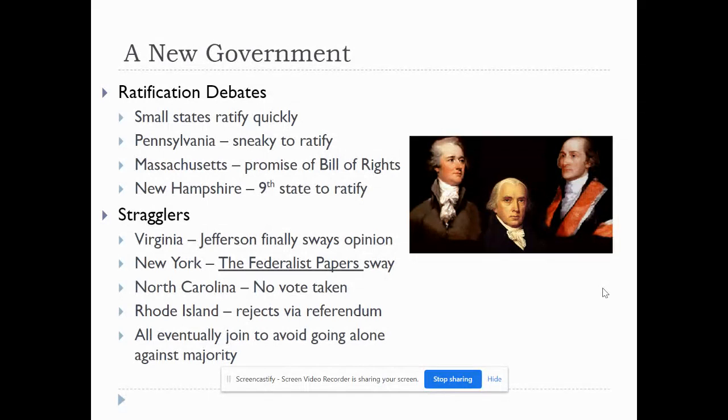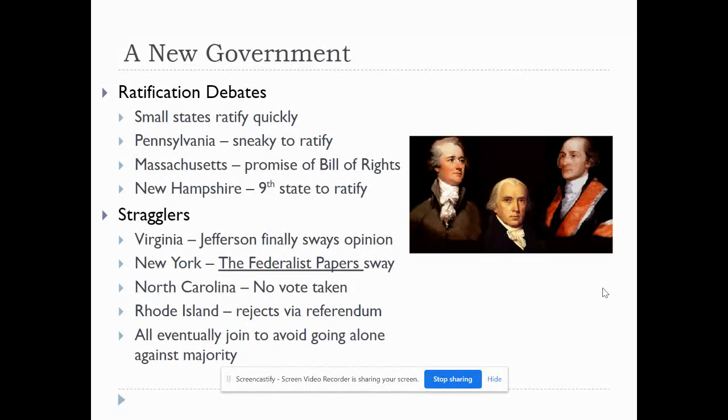Massachusetts promises a Bill of Rights. They basically get the promise from the founders that, hey, if we're going to do this system of government, you need to write out the Bill of Rights to make sure that everybody's on the same page. So there is going to be a Bill of Rights as soon as this Constitution comes into reality, as soon